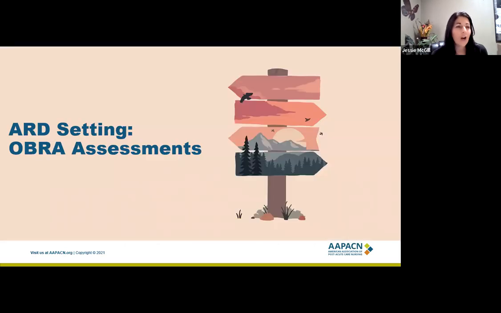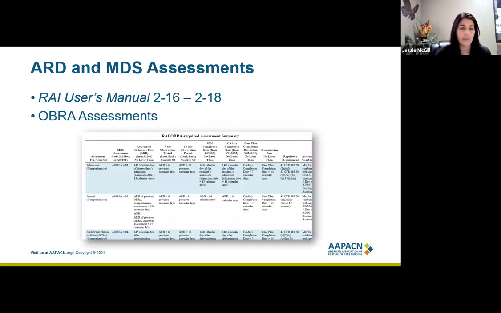All right, so now we're going to get into OBRA assessments and ARD setting for the OBRA assessments. If you are newer to the MDS process, the RAI User's Manual has a great chart, and this is on pages 2-16 through 2-18. This is something, if you use a paper RAI manual, a good page to flag with some tags. If you use the electronic manual, print out these pages, have them available, because it really provides you